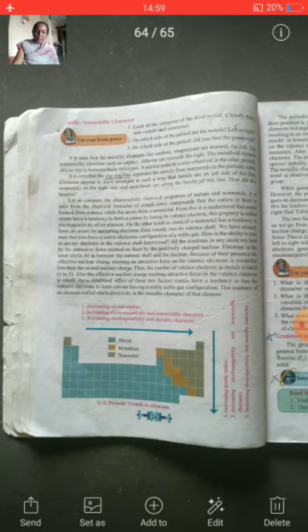It is seen from the chemical formula of simple ionic compounds that the cation in them is formed from a metal, while the anion is formed from the non-metal. Cation means a positively charged ion and anion means a negatively charged ion. Cations are formed from metals and anions are formed from non-metals. From this it is understood that metal atoms have a tendency to form a cation by losing their valence electrons. Metals always lose electrons, so they become positively charged ions, that is the cation. This property is called the electropositivity of the element.